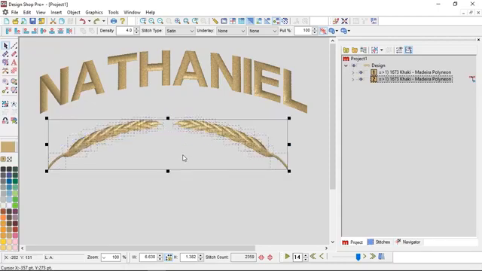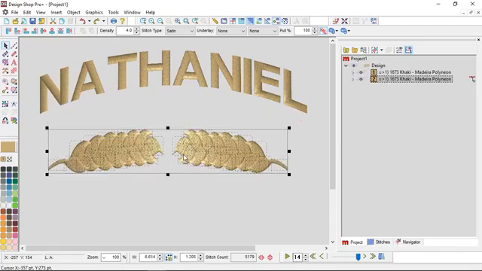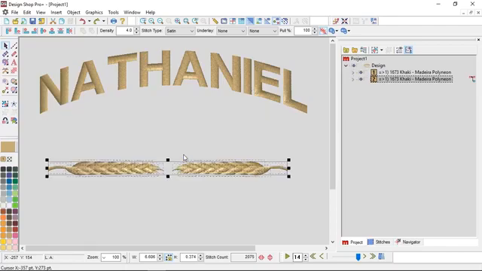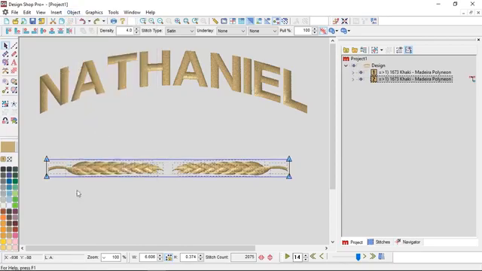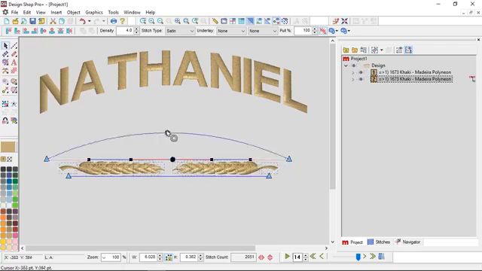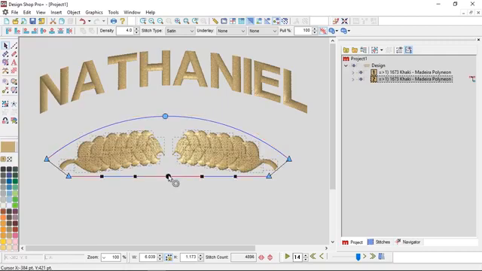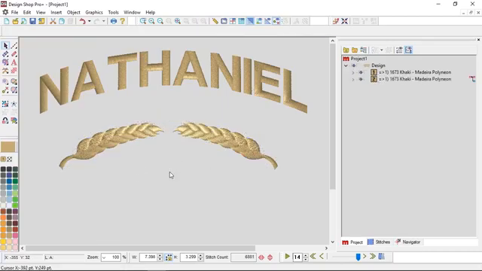Or if I go back, so let me undo. There we go. So let's go Object, Transform Outline. So I have that. I can bring these pieces in a little bit, say about there. And then I'll do the same thing here. So you can kind of skew these guys, bring this up, do it again, bring this up. And now I've got these kind of going around, so you start building a little bit of a wreath, and